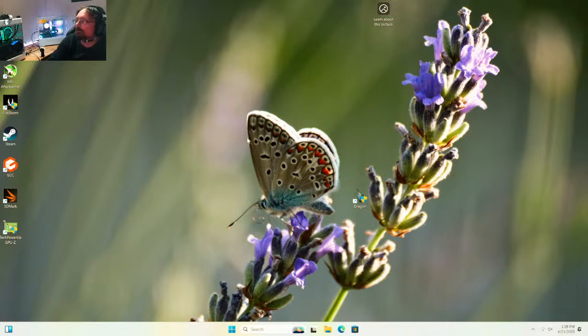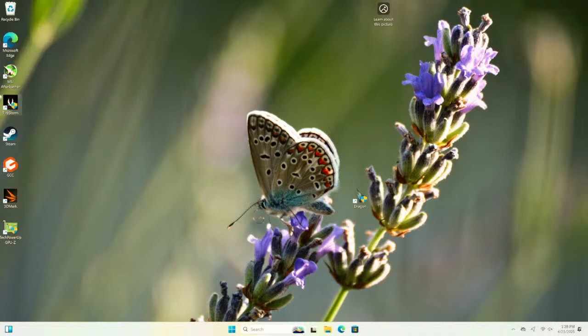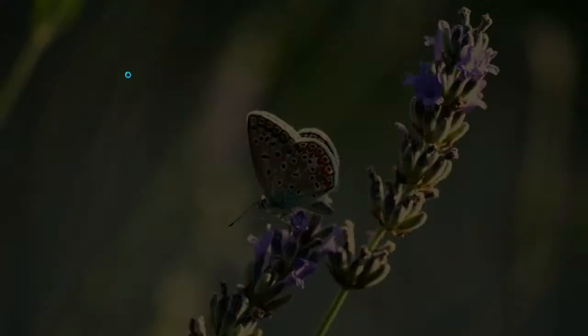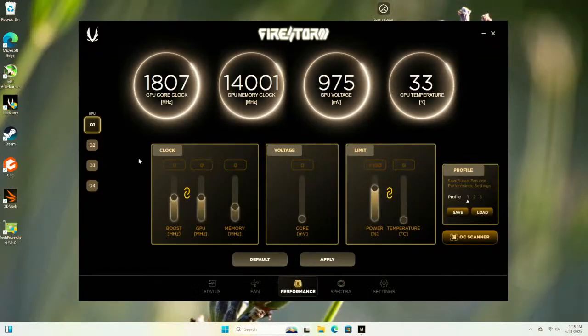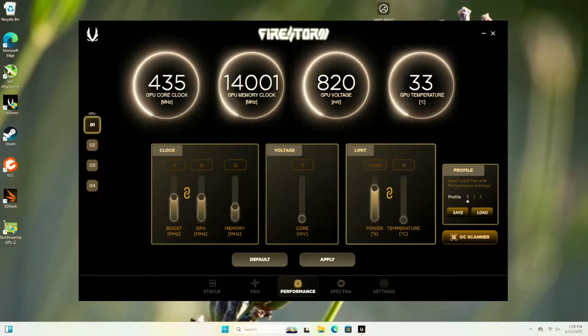But here's your desktop now. All this stuff will be gone. You will have Zotac Firestorm, Steam, Gigabyte Control Center. Those are the only things that will be on your desktop when you get it. This is the Firestorm software. This is the GPU control. Let's start with